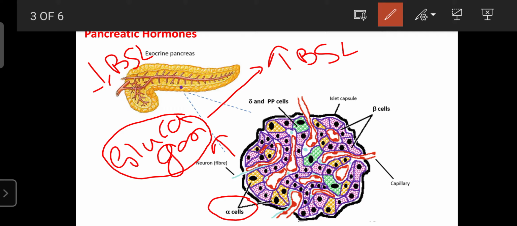Then the glucagon mainly acts on the liver, where it enhances the breakdown of glycogen, or glucagon acts on the GIT, where it can enhance the absorption of glucose from the blood. So due to these two mechanisms, glucagon is responsible for increasing the blood sugar level that has decreased. Because a decreased blood sugar level can cause a condition known as hypoglycemic shock or hypoglycemic convulsions.